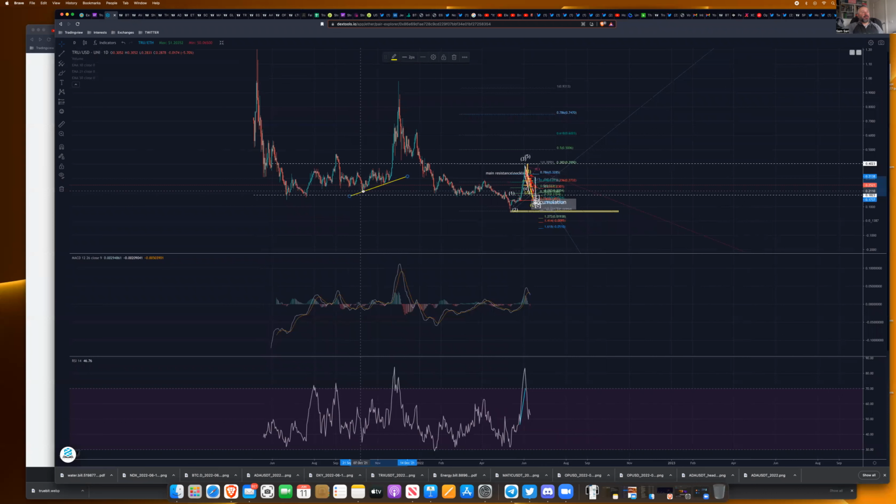Once you start to get this trend line as support, once I saw that happening, I thought, yep, that's accumulation, and it's a long-term accumulation. The more it accumulates, the higher it goes. So it's one of those rules that you've got to remember. The longer it accumulates, the higher it goes. And there's a general rule, I don't know if it applies all the time, but I'll pick this up. The length of the accumulation